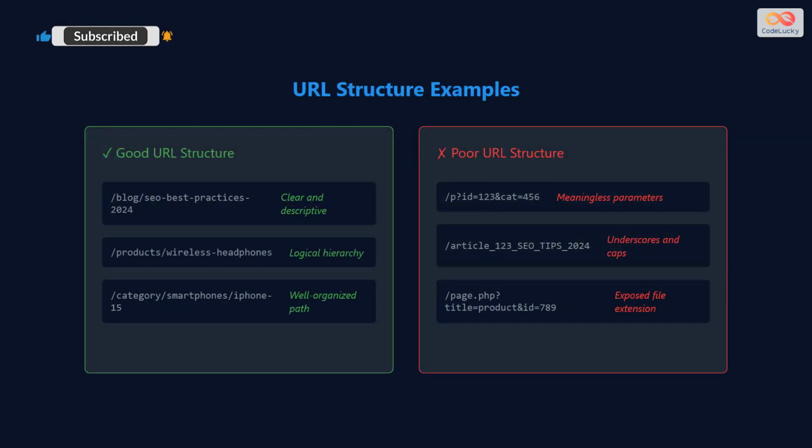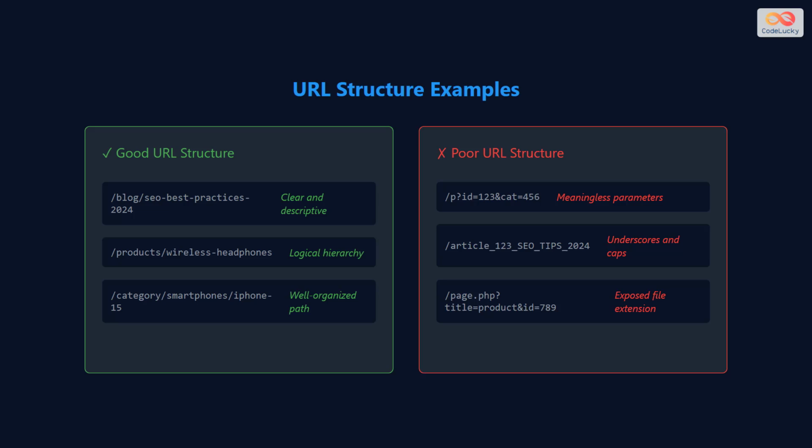Here's a comparison of good and poor URL structures. A good URL structure is clear, descriptive, and well organized, as shown with examples such as /blog/SEO-best-practices-2024, /products/wireless-headphones, and /categories/smartphones/iPhone-15. On the other hand, a poor URL structure uses meaningless parameters, underscores, capital letters, and exposed file extensions, as